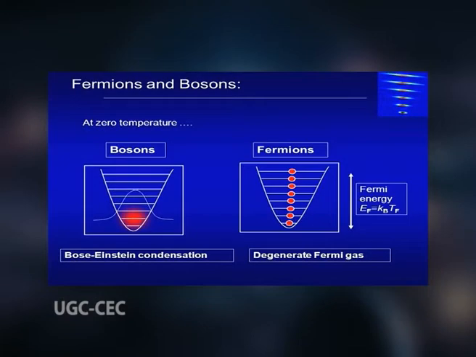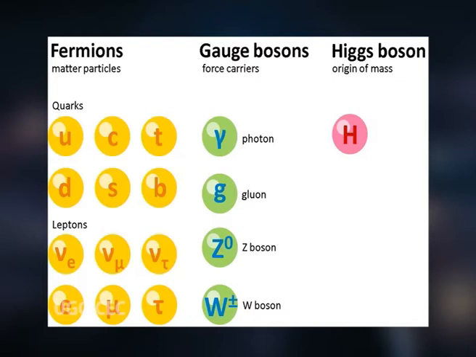Number 4, fermions and bosons. Protons and neutrons in turn consist of fermions, which are the basic constituents of matter. Bosons are the elementary force-carrying particles. Number 5, quarks, leptons and bosons. Fermions are categorized into quarks and leptons. Bosons are categorized into the gauge bosons and also the recently discovered Higgs boson. The gauge bosons mediate forces. For example, the photon mediates the electromagnetic force, while the Higgs boson is thought to be responsible for particles exhibiting mass.